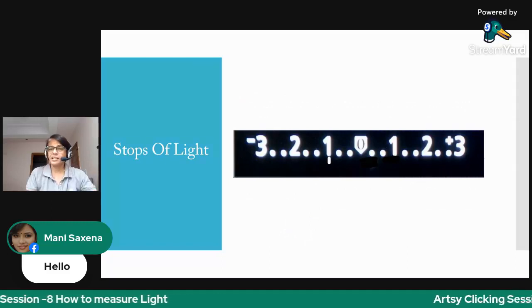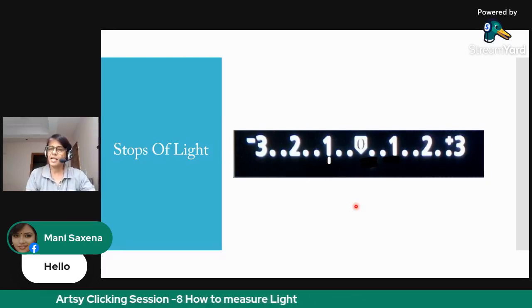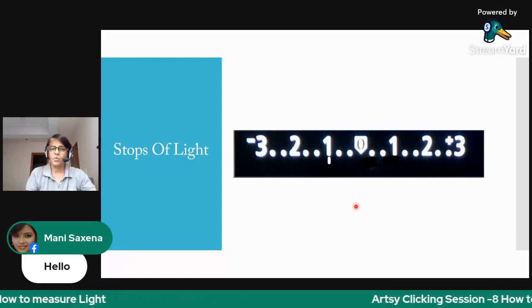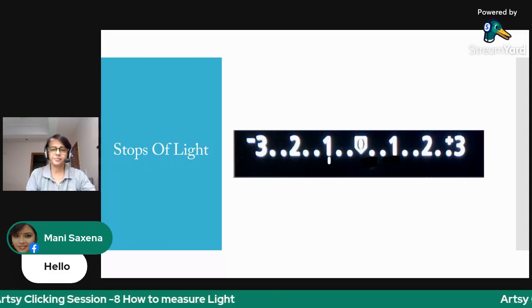Suppose we press the shutter halfway and the light meter is at -1. It indicates that our camera has one stop less light than required to reproduce the scene in question, which in turn means that the camera has half the amount of light required for the correct exposure of the scene.